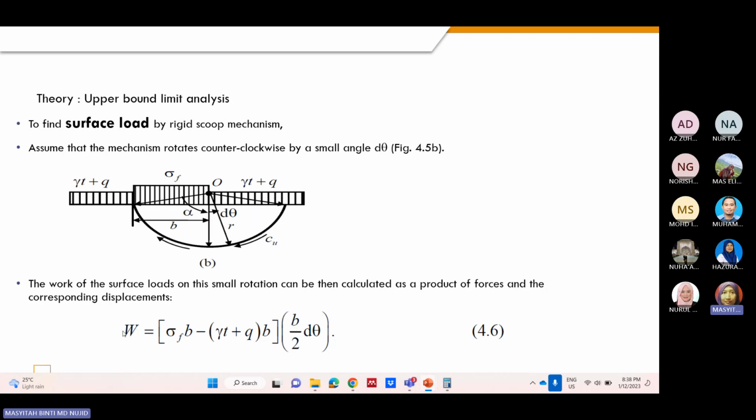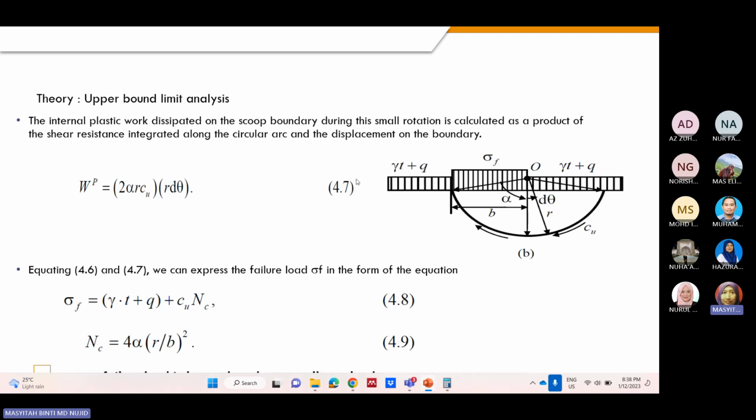So this is the W, the work of the surface load acting on the soil. Then from the previous equations, we have W_P equal to 2 alpha R C_u R theta. So all this derivation, from equation 4.1 until the last one, refers to the rigid scope mechanism. The 4.7 equation gives the internal plastic work dissipated on the scope boundary during these small rotations,